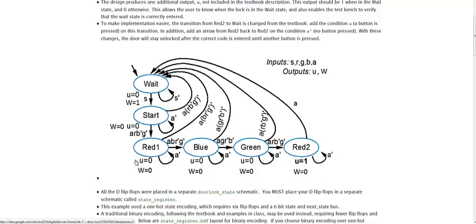Likewise, we can get to the red 1 state if we're in the start state and A or B naught G naught is asserted. And we can stay in the red 1 state if we're in the red 1 state and we get A naught. So each transition line tells us exactly how we can get to a state or how we can stay in a state. We're going to use that knowledge to write our equations. If we go to ModelSim,